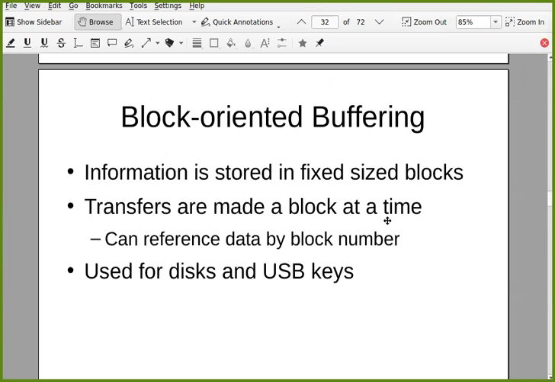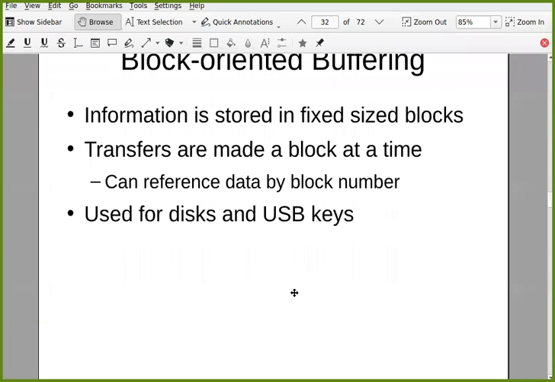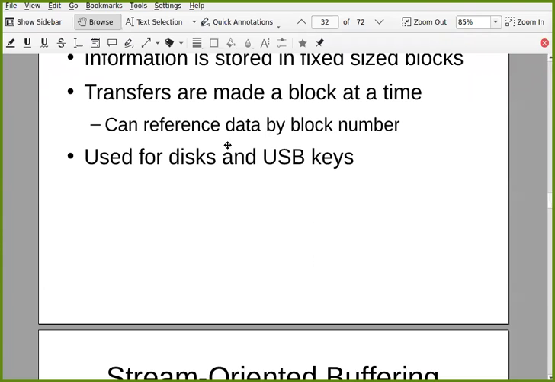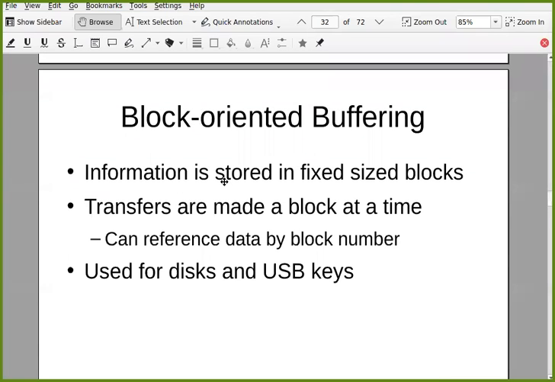Transfers are made a block at a time, and it can reference data by block number. When we see the physical organization of files on the hard disk in the file system, we will see these blocks. Block oriented buffering is used for disk and USB keys.